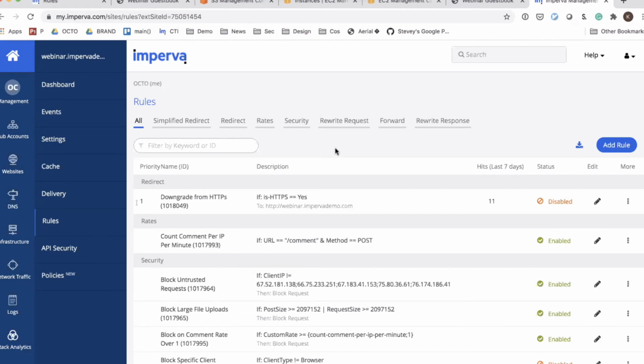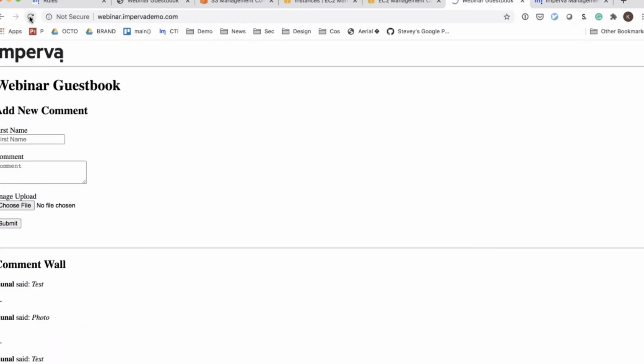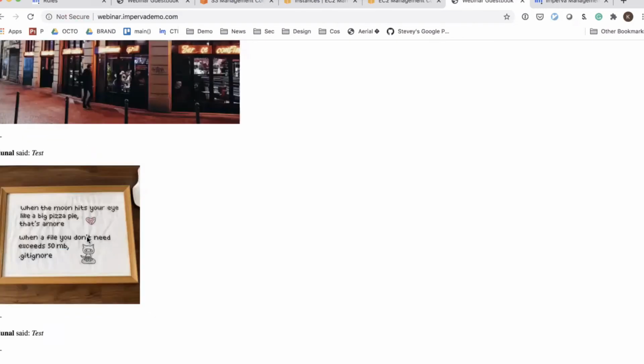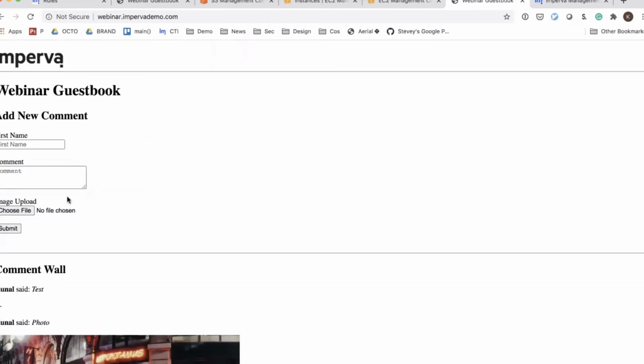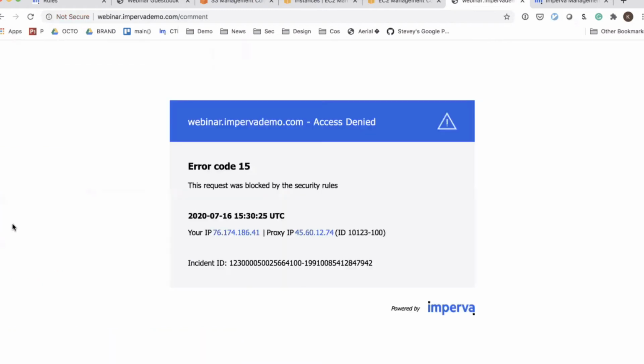All right. So hopefully this rule is now propagated, and we are now doing this custom rate blocking for specific IPs for the specific rule that's coming up. So we're going to go and refresh. And again, I'm just going to pick my name and do a test over here. I'll do a submit. So all the way down here, you can see my most recent thing. And if I go back in a short window and I do a test 2, I do a submit, we were blocked. And we were blocked by specific security rules.